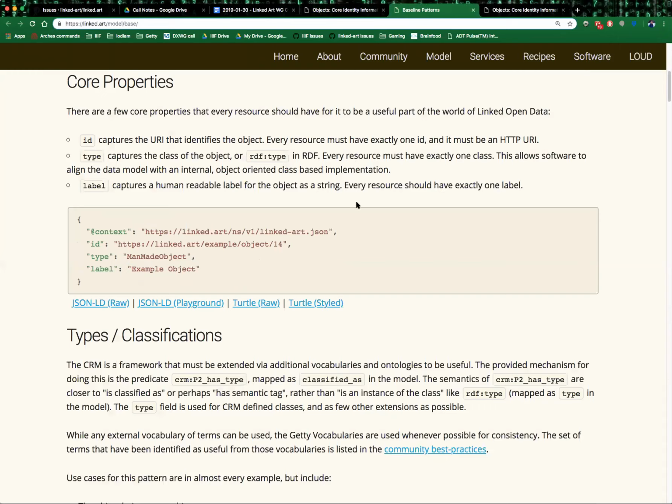No. So could the label be different depending on the language that was used to make the request, or are we saying the label should always be consistent, and so choose a language for each object? I think those are the sort of API level questions that we have yet to delve into in any detail. Because indeed, if you had exactly this resource that I've got on the screen, where there's only one bit of actual content that says example object,